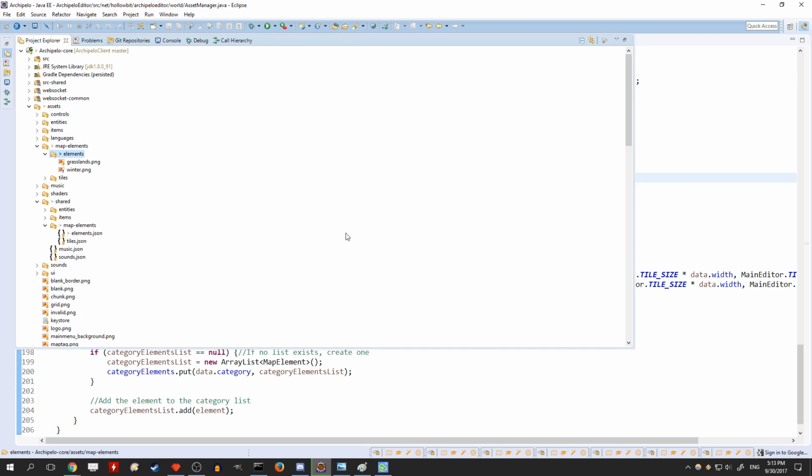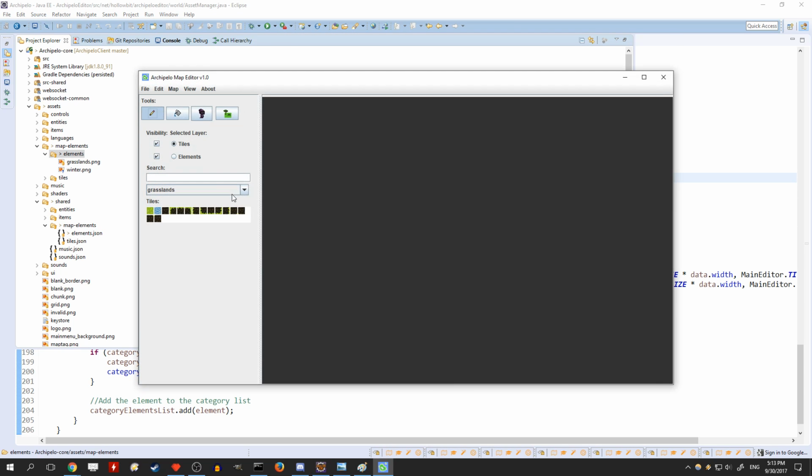Hey, thank you, Eclipse. Okay, so it looks like it didn't load in the other category. Oh, right, because this is the tiles. If you go to elements, we should have the winter one here. Now this didn't reload. And that completely makes sense,